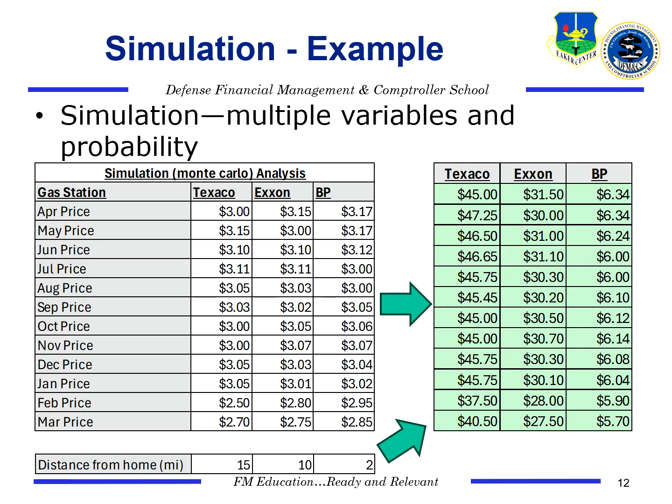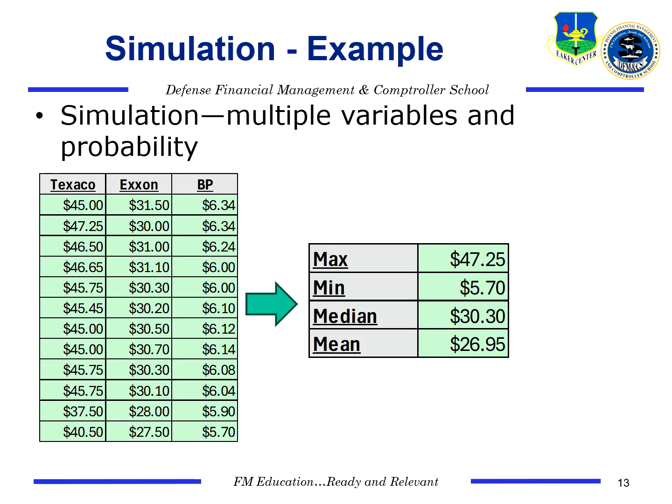Here in our example, we have all the data from each gas station for a year, and we factor in the distance from home, then we have the overall cost for a year, and that can give us a min, a max, a median, and a mean, which on a limited scale